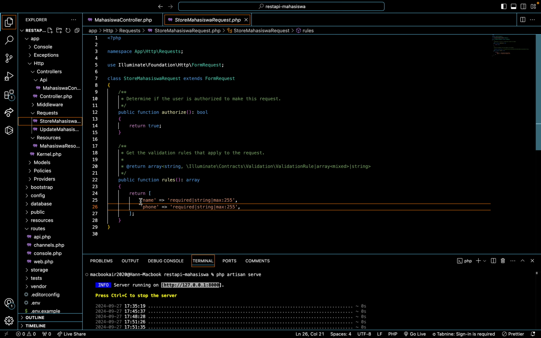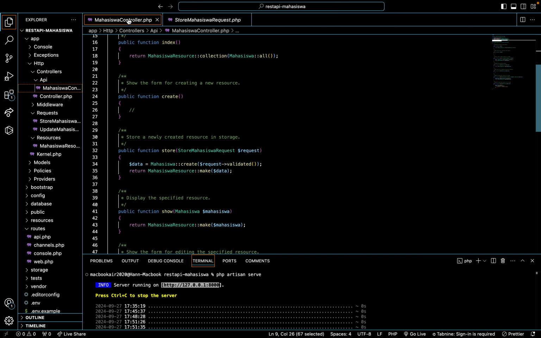And this first one is null, I add the name and font, required string max 255, and then for the class store mahasiswa request.